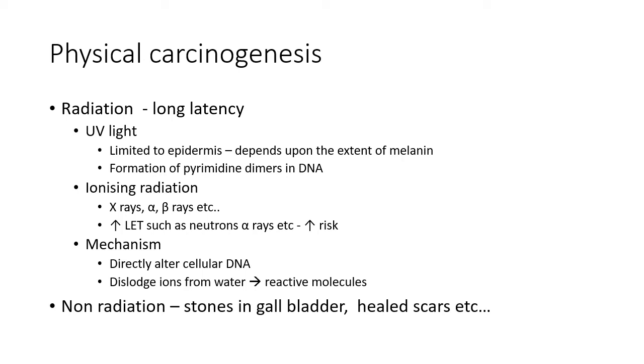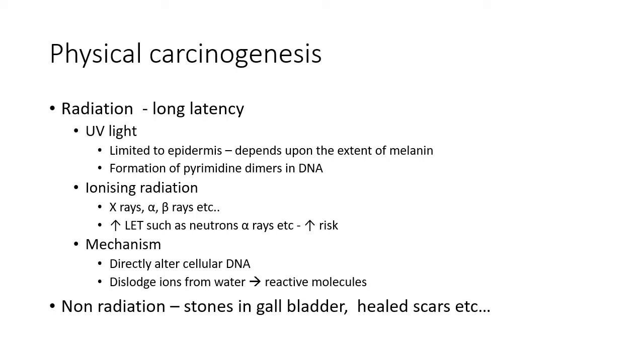Melanin protects the epidermis from the harmful effects of UV rays. So tumors due to ultraviolet light are more prevalent in fair skin. So for people like us in tropical countries where we get abundant sunlight, this dark skin is a boon. It prevents the harmful effects of ultraviolet light and thereby protects us from cancer. And the mechanism of carcinogenesis is by formation of pyrimidine dimers in DNA.